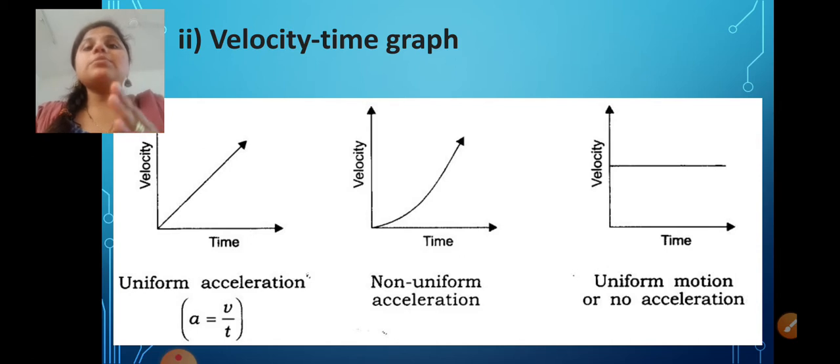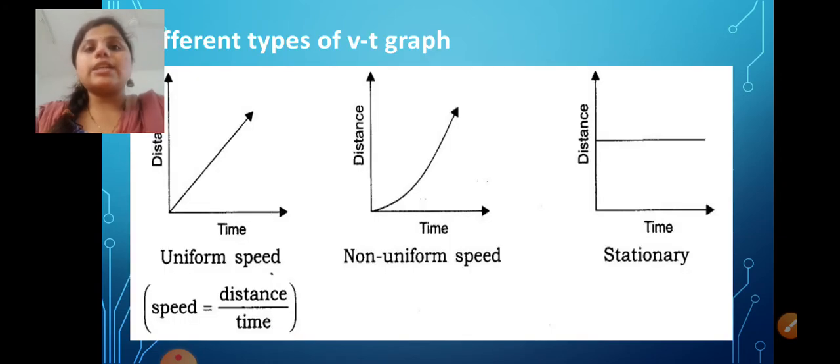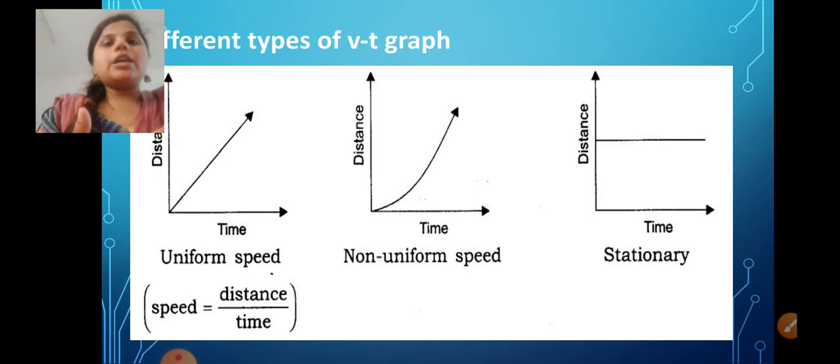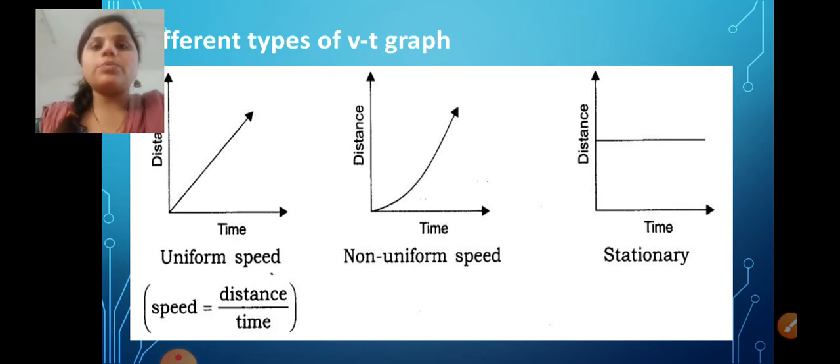So these are some types of the velocity time graph. In the first one I had explained about distance versus time. In the form of speed, so what is speed? It is distance divided by time. Here are some of the types. Actually so many types are there, but as per your syllabus, what is important I am showing you this much only. So dear students, take it down, it is important for 2 marks.